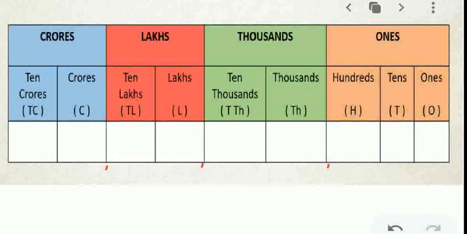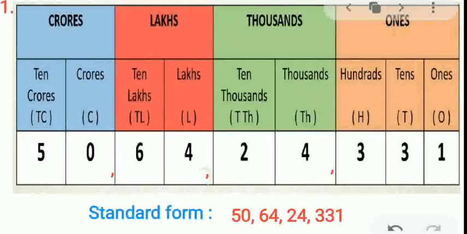So to read a number in the Indian system, first start counting from the rightmost place. This is the rightmost place. 1, 2, 3, comma, 1, 2, comma, 1, 2, comma. As a trick, I will tell you that the order of putting commas in the Indian system is 3, 2, 2, 2. That means after 3 digits put 1 comma, and after 2 digits put 1 comma, again after 2 digits 1 more comma. Let's see more examples.